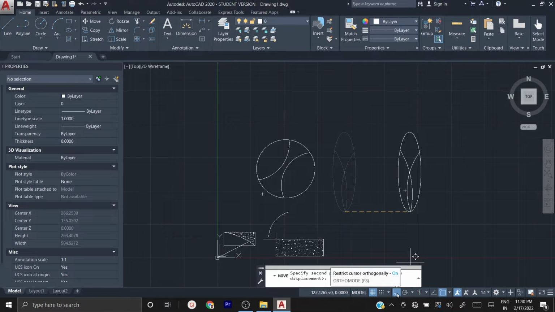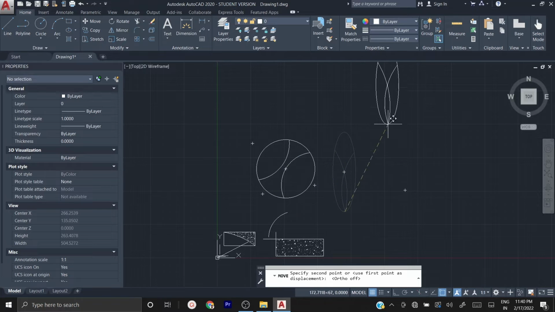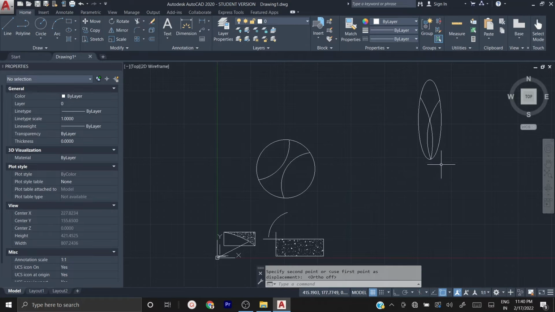If you switch it off by clicking this ortho mode icon, you can move in any direction, in any angle, and just click. Now you have moved the object. So that is the first modify command.